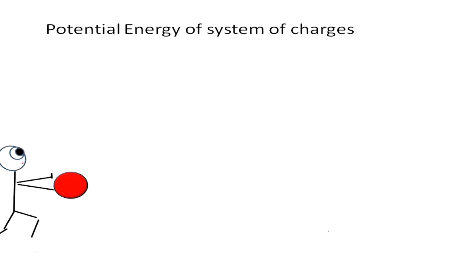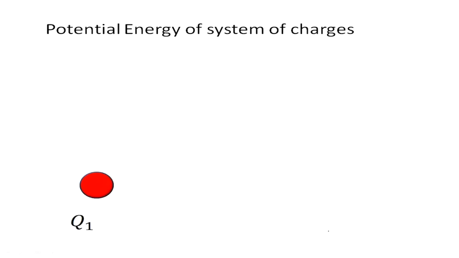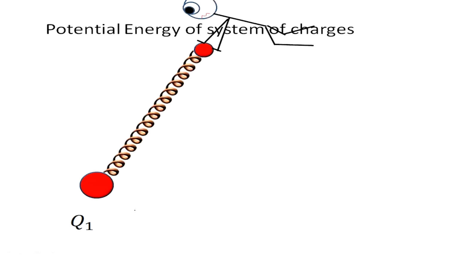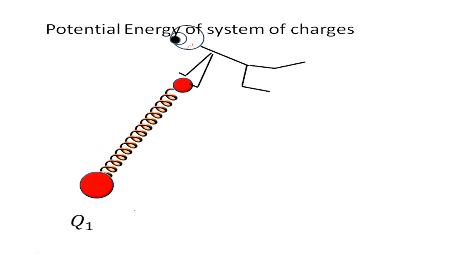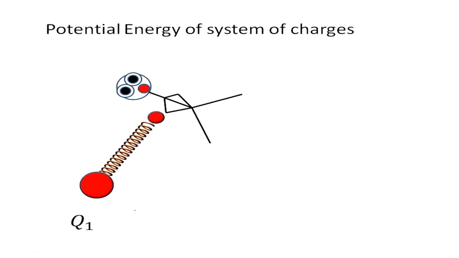You have to do no work for this Q1 charge because you do not feel any force of attraction or repulsion there. Now bring Q2 charge, then you have to do more work because Q1 will repel Q2. Okay. Then bring another charge Q3, then you have to do more and more work because both Q1 and Q2